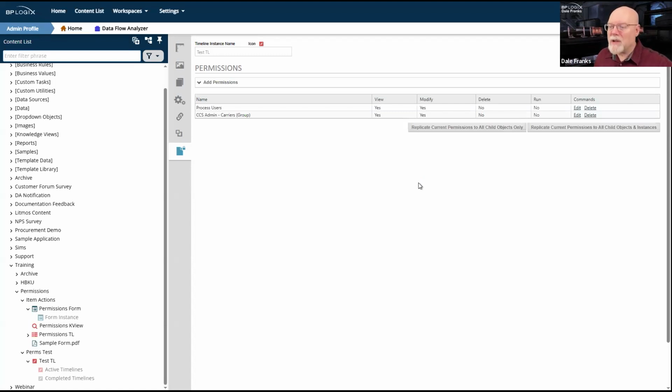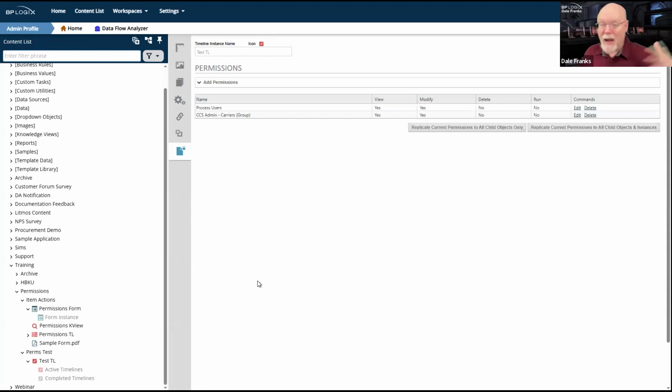Because there is no such thing as a run property, it just gets rid of the all authenticated users. That's the only thing that they can do, and it's not a relevant permission for this particular object. I can't run a PDF file. I can't run a Word document or an Excel spreadsheet. Not all permissions are applicable to all objects. So you will see some differences sometimes in the objects based on what those different permissions do at different times.